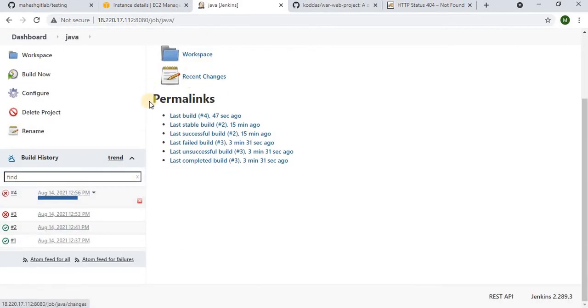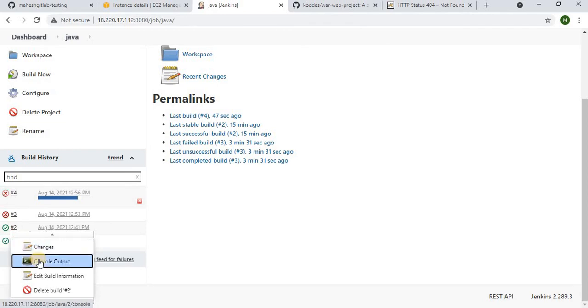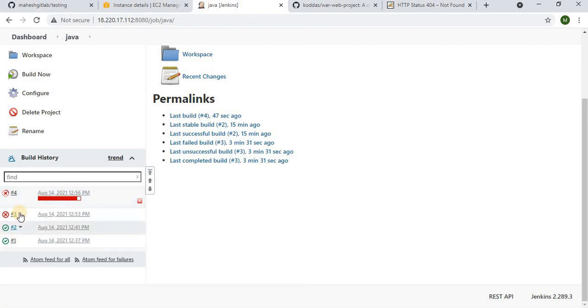See, once you get into the log, you can see the first build is success, second is success, third failed, fourth is running, and you can see every build log here. This is the output for the second execution of the build. Now you can see third, fourth, whatever you want, you can check it here. Ideally it should not take this much time, because we are not using anything complicated. It's quite basic and simple. Let's see if we get success, that will be good.